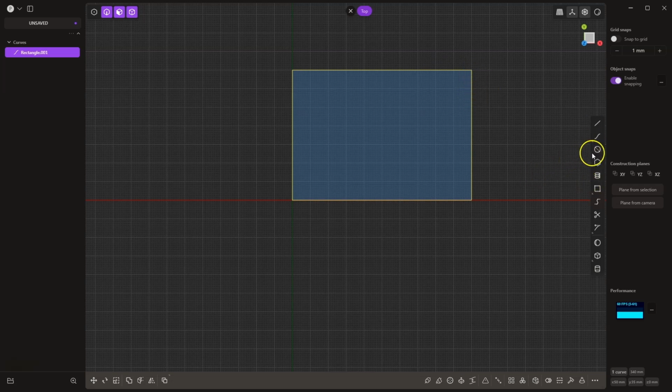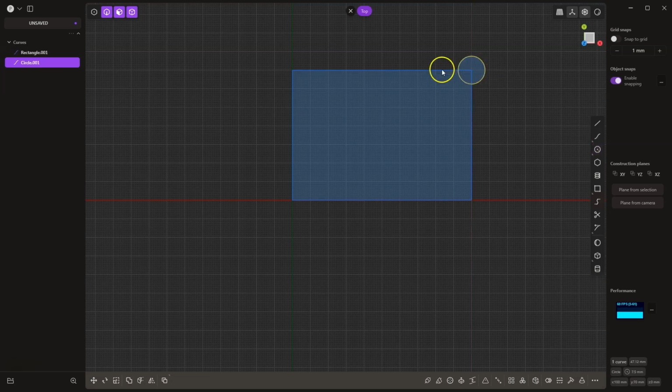I select the drawing of a circle and choose to draw a circle from the center. As you can see, we do not have the ability to specify the exact position of this geometry. We can do this in such a way that we draw geometry in this corner. I will draw a circle with a diameter of 15 mm, so I press the Tab key, enter 15, and press enter. We have drawn this circle,